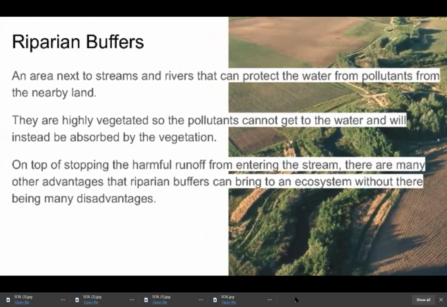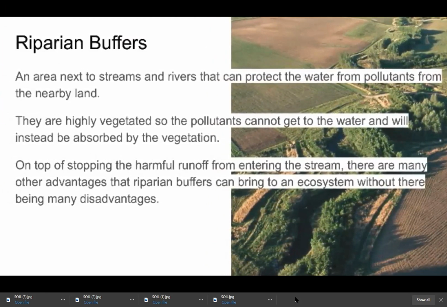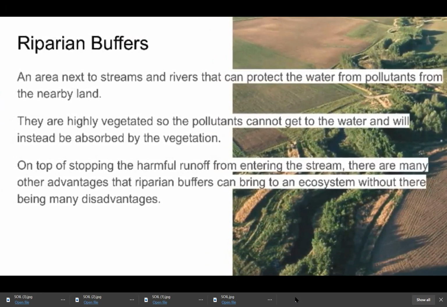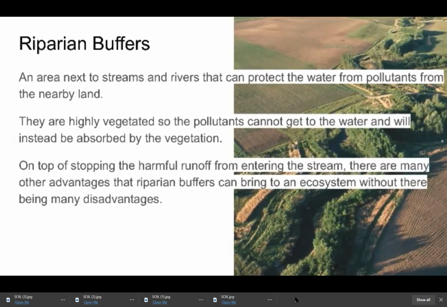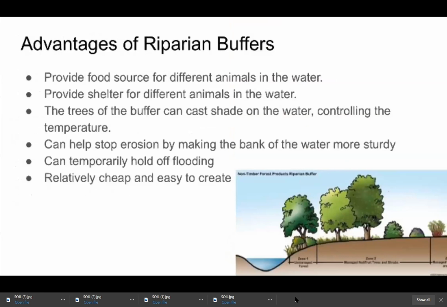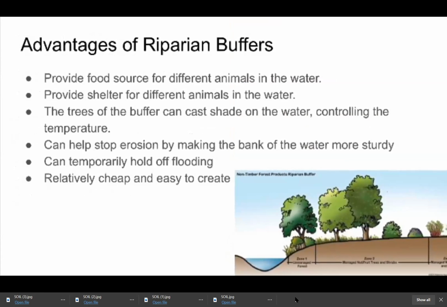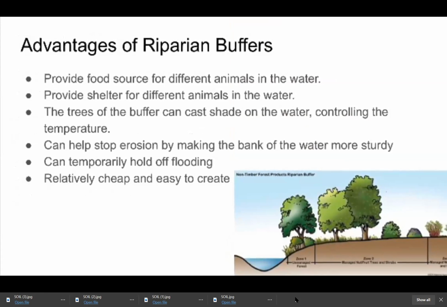On top of stopping the harmful runoff or waste from entering the different water sources, there are many other advantages that these buffers can bring to an ecosystem without there being many disadvantages to them. So some other advantages are that they can provide a food source for different animals in the water. They can provide shelter for different animals in the water. The trees or bushes in the buffer can cast shade on the water, which can control the temperature of the